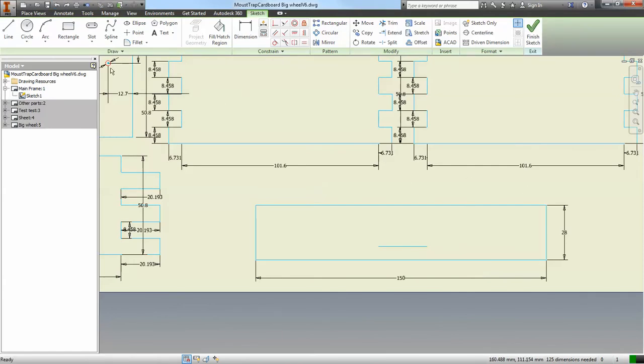Okay, so let's try that again. So we're going to go with our line. All right, so again, we're going to say we have a line, and we want it to be, let's say, 8 millimeters. So we type in 8, and there you have the line. Okay, and then from here,